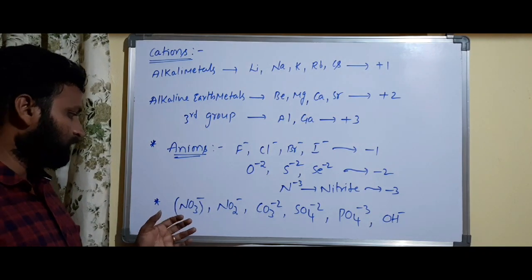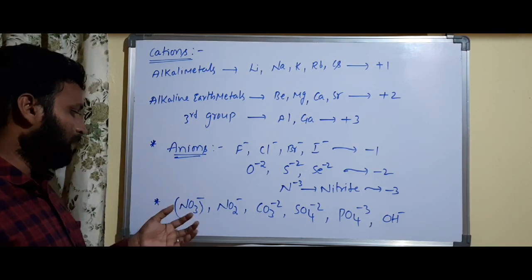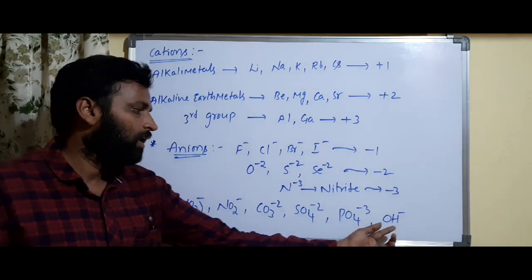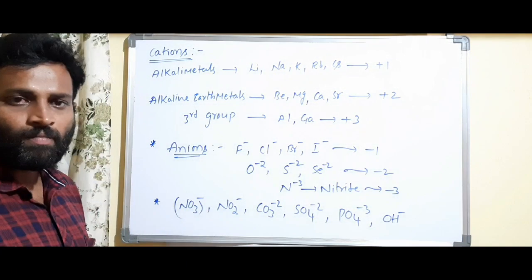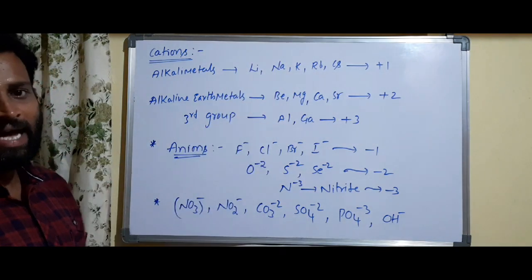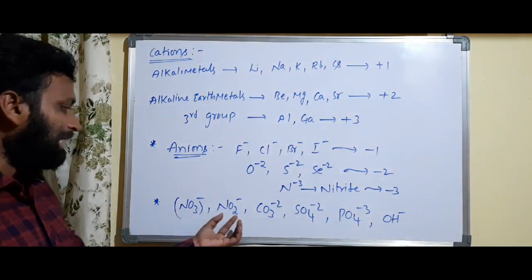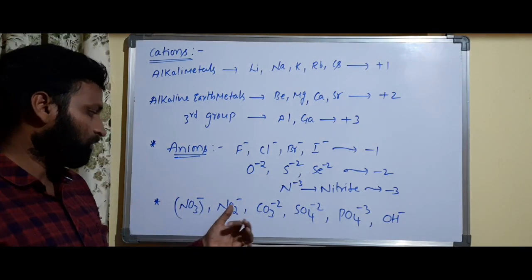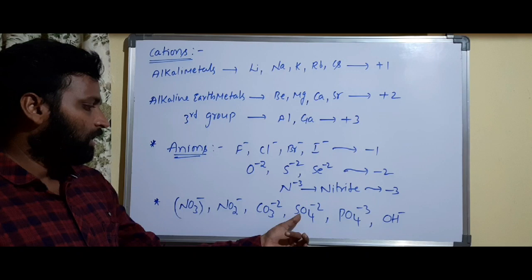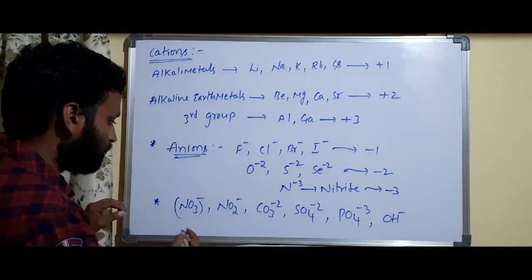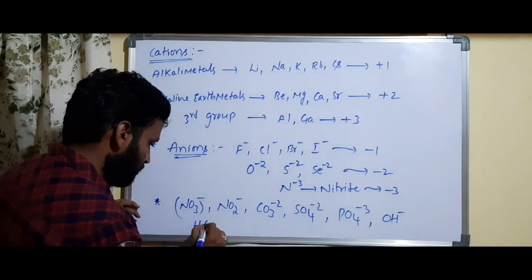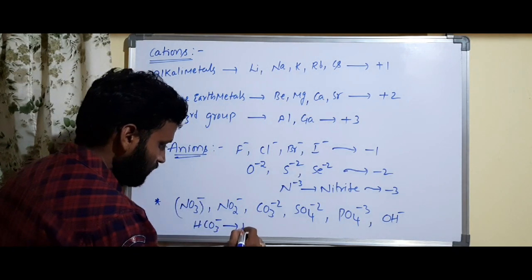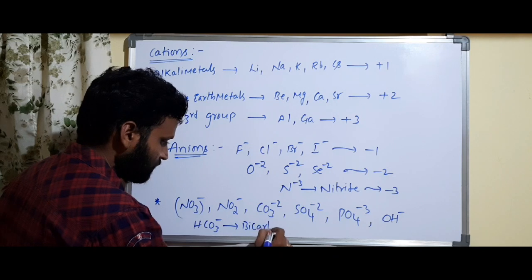So this all comes under charges of a group: nitrate, nitrite, carbonate, sulfate, phosphate, hydroxide. For multi-atomic anions the ending is ate. See, nitrate, nitrite, carbonate and SO3 -2, and some more like HCO3-. This is called bicarbonate,